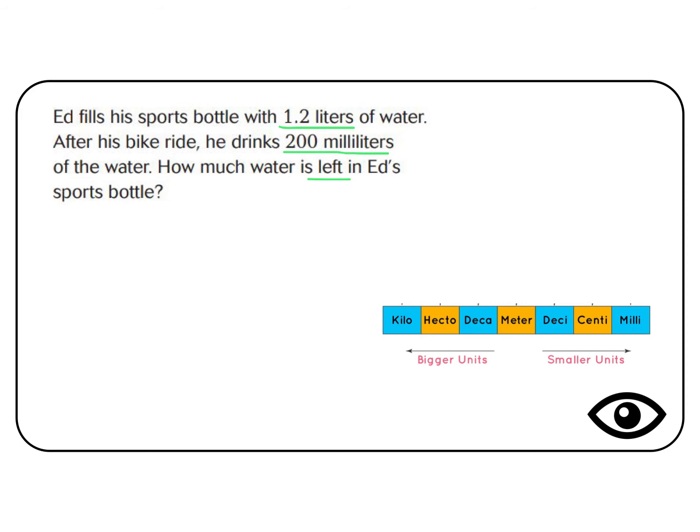So this is not a multi-step problem, well, except that we need to convert. We need to change liters to milliliters so that we can solve this problem. So let's look at our conversion chart. Liters is in the middle, that's our unit, and we're going to milli, so that means we have 1, 2, 3 jumps. Each jump is a power of 10. So 10 times 10 times 10 is 1,000. So I need to multiply 1.2 times